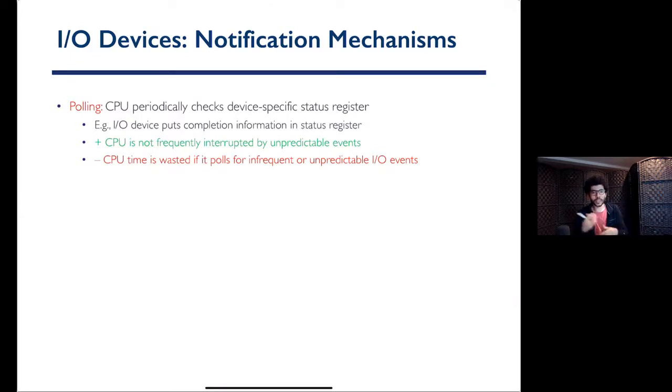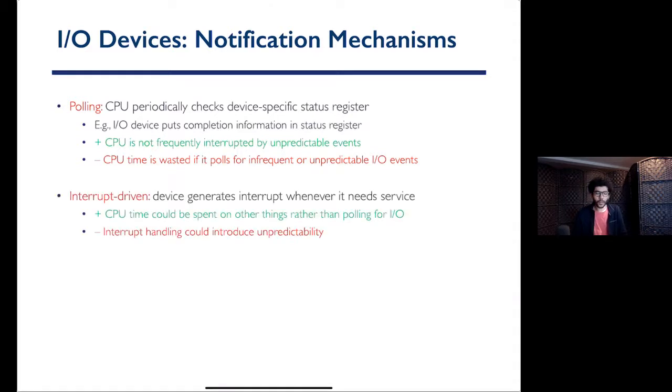So if you're receiving a lot of data, then it might not make sense to use interrupts, because interrupts have overhead: you have to have an interrupt handler, you have to have a mode switch and all of that, and you might not want to do that. So if you're getting a lot of data very frequently, then you're not wasting CPU if you just wait and you poll. The other one is obviously interrupt driven